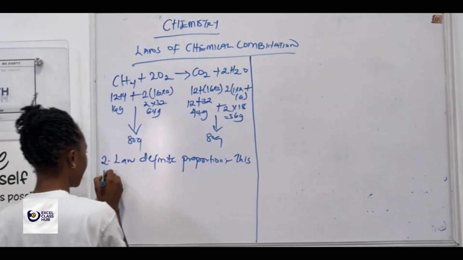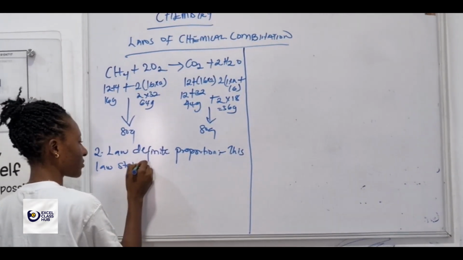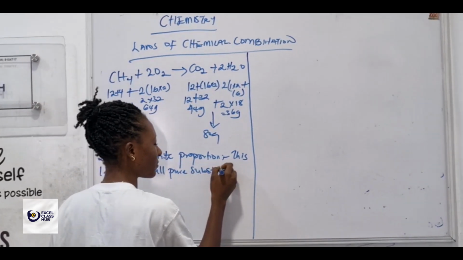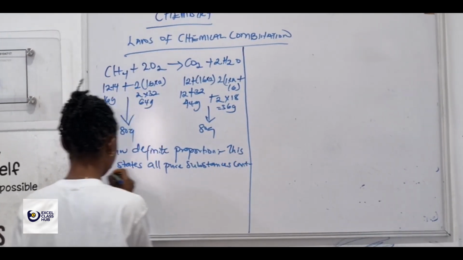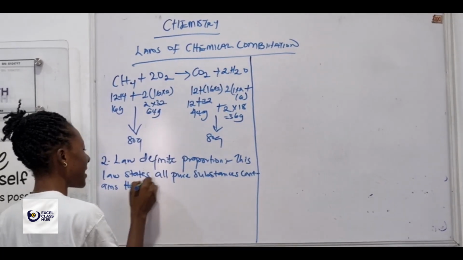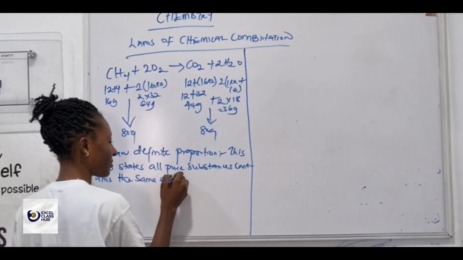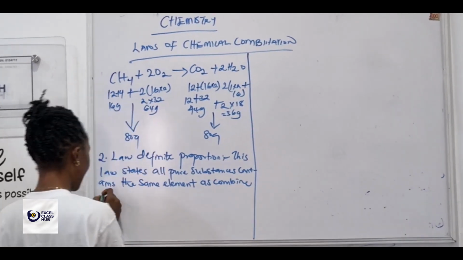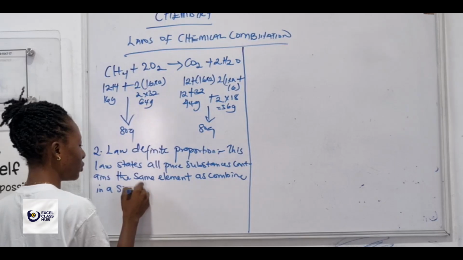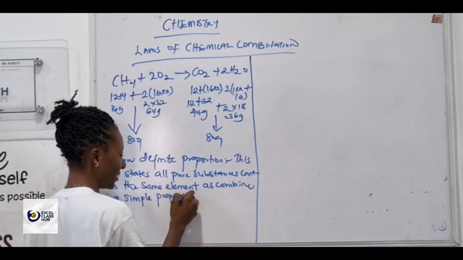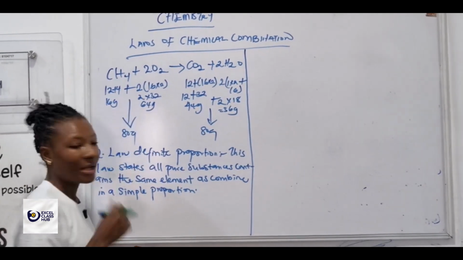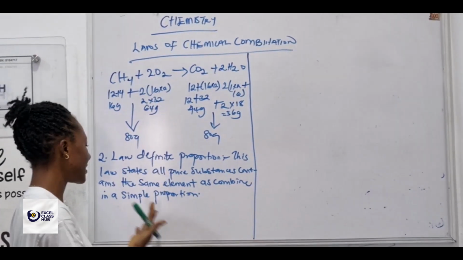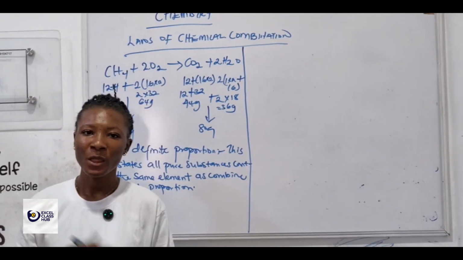This law states that all pure substances contain the same element as combined in a simple proportion. I'll read it again. This law states that all pure substances contain the same element as combined in a simple proportion, which says that